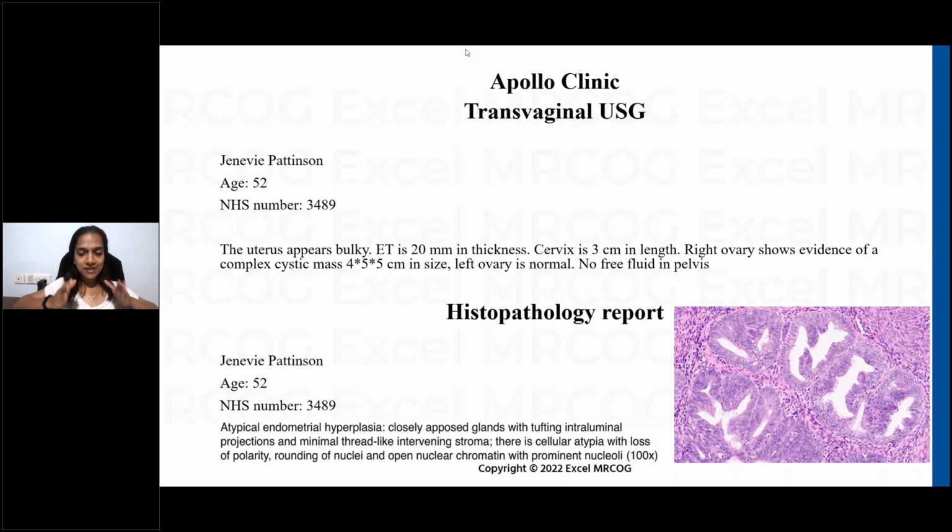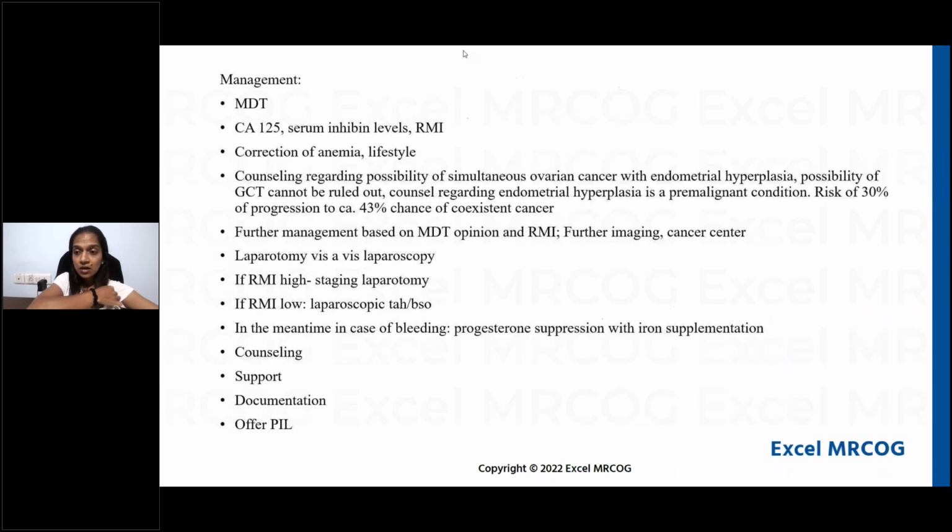But when you're answering the exam, the problem that happens with candidates is that you tend to think, okay, what is there in the guideline of endometrial hyperplasia? So that is the problem. Do not just fixate on guidelines. It's important to follow the guidelines, but they are just there to guide us. We need to look at the patient as a whole, and have a holistic approach to managing patients.